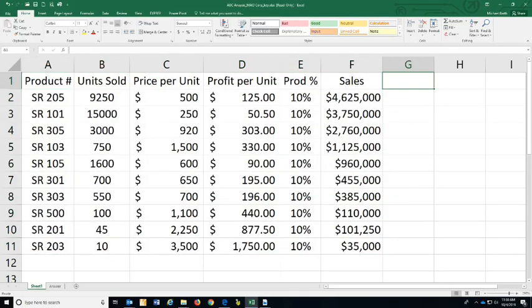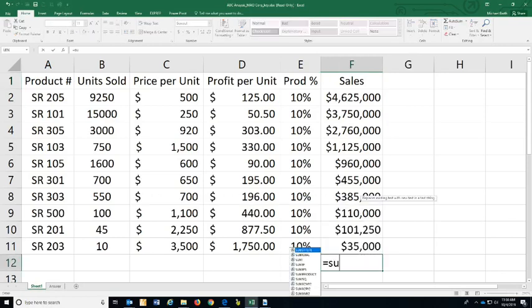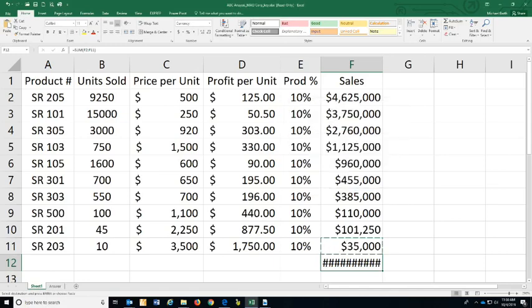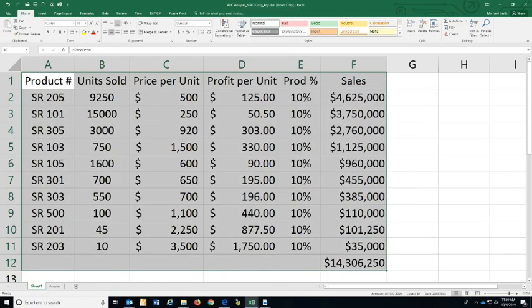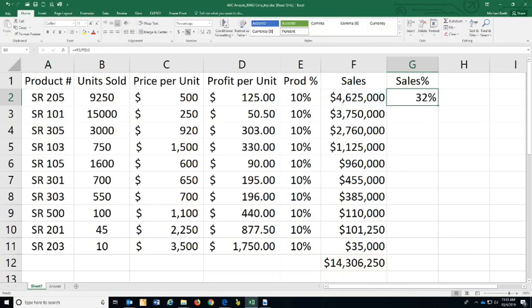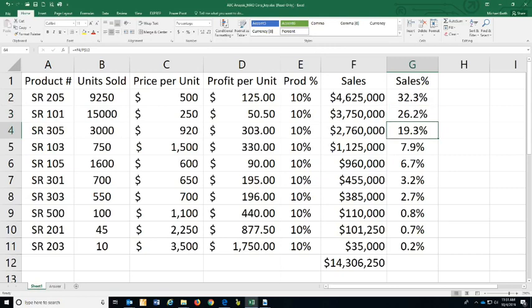All right, so if I take my total sales, which would just be the sales for all 10 products, that comes out to about $14.3 million. So the sales percent with product SR205 makes up 32% of the sales. And then we rank them highest to lowest. If I do cumulative sales,